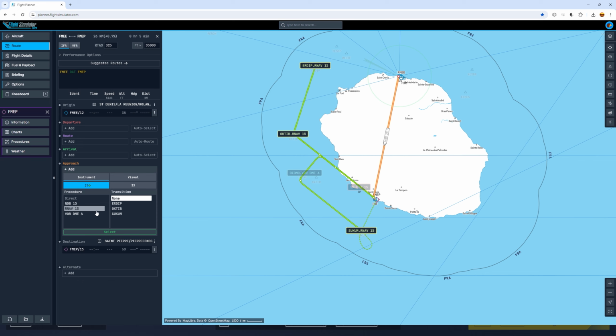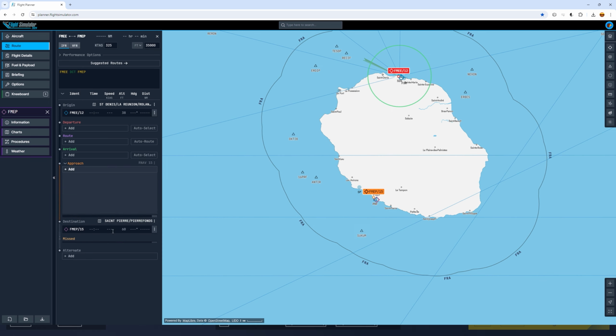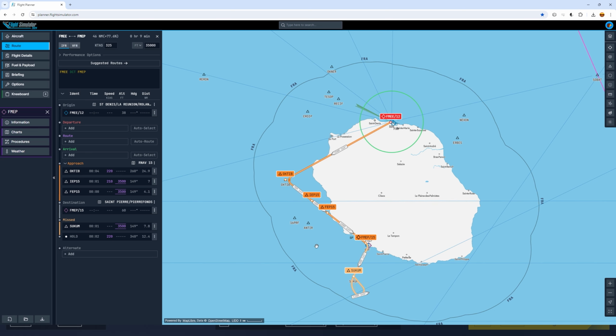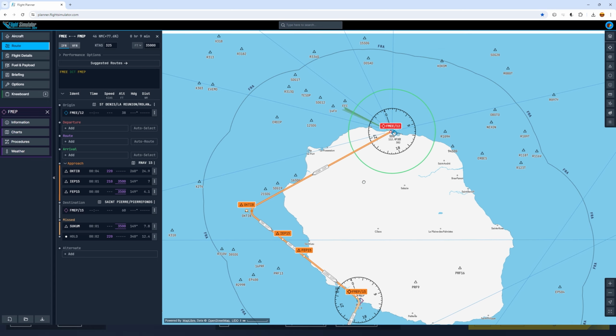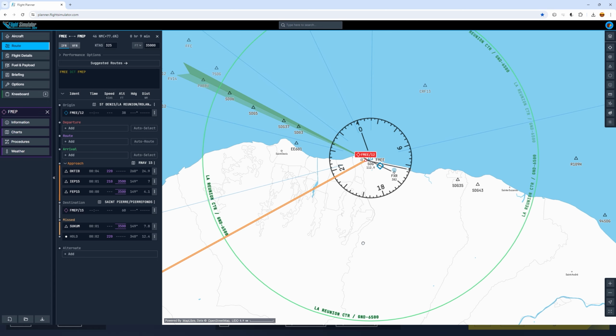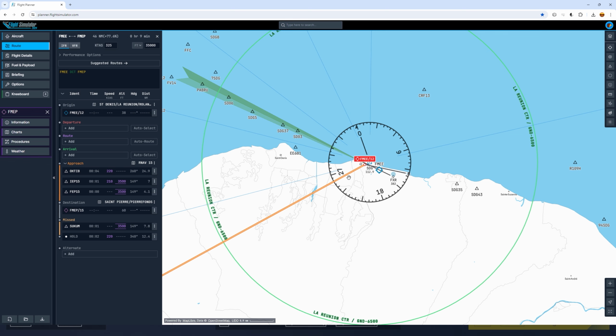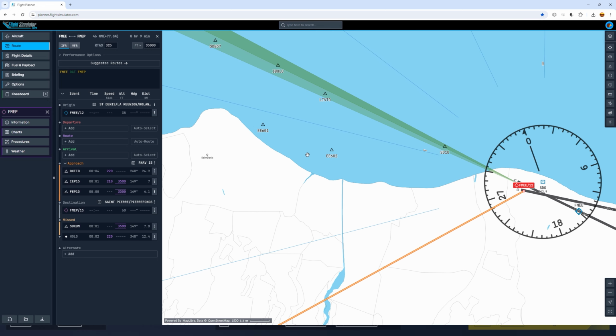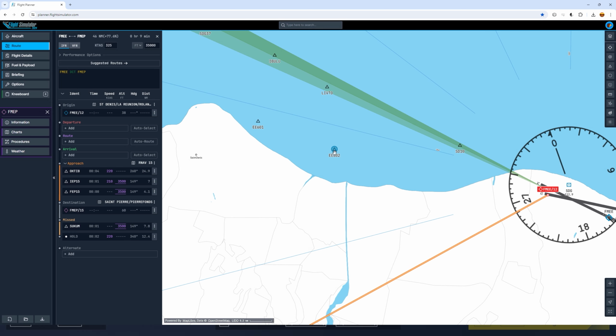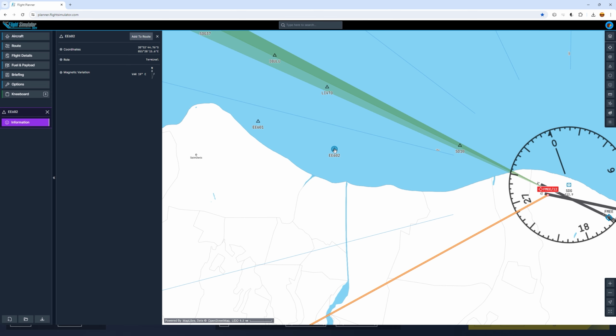And will we select a transition point? I think this is an interesting one. As you can see on the map, the Octip waypoint brings us straight to runway 15, so I will select Octip and select that. So now we have quite an interesting flight path. The only thing that bothers me is that from runway 30 we would have to take immediately a turn to the left, so I'd rather add a waypoint and let's choose, for instance, Echo Echo 602 and add